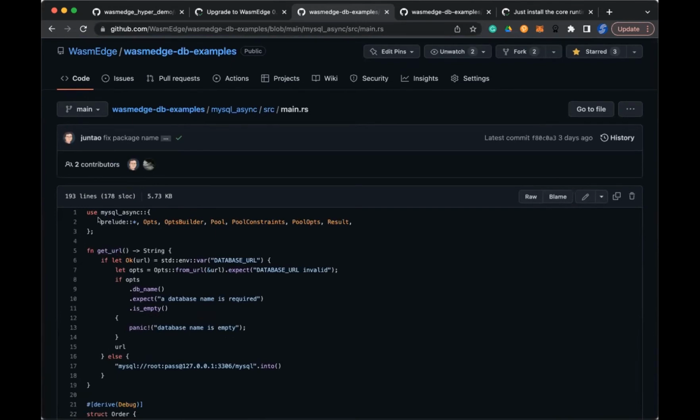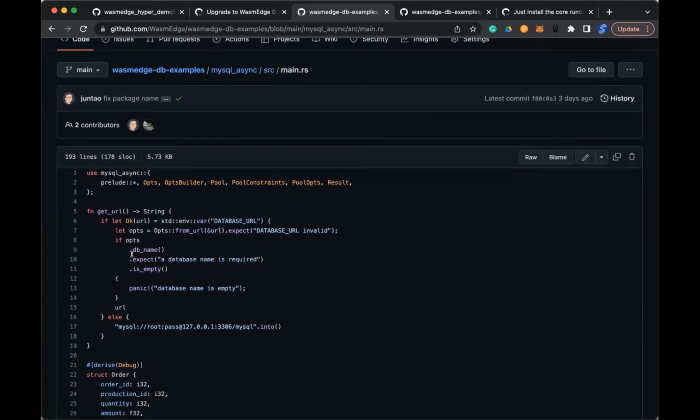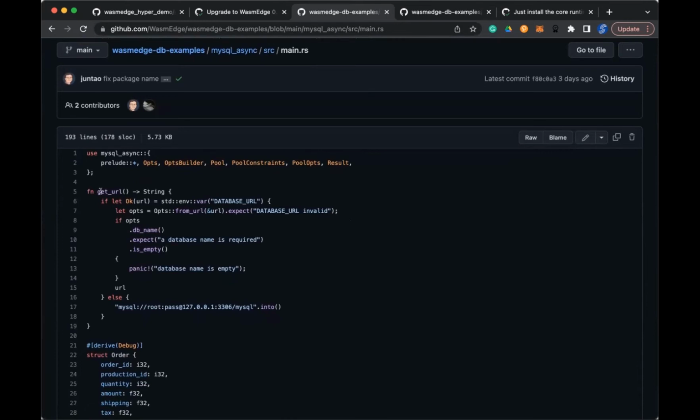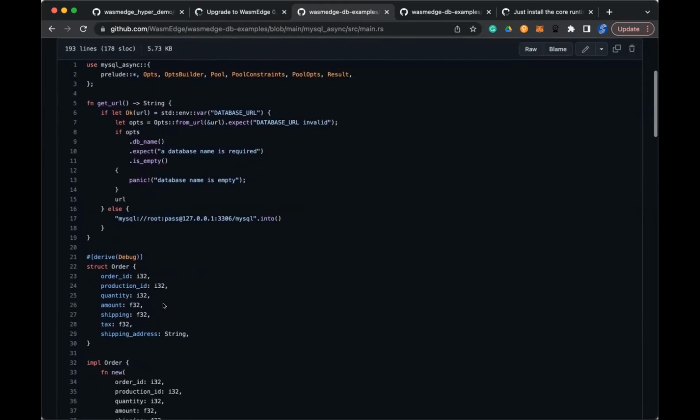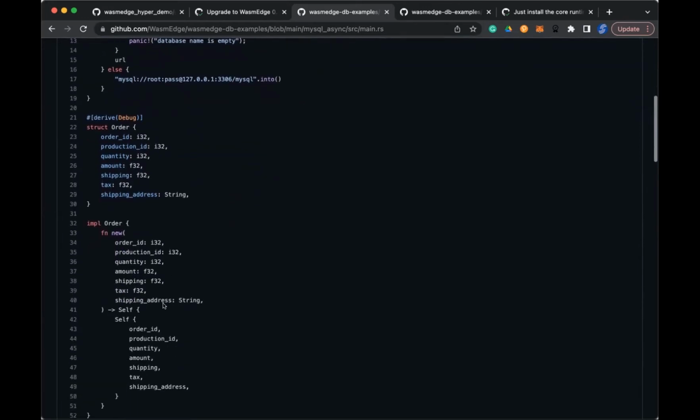So you import MySQL async. It's exactly the same way you would use the regular MySQL async library, and you define a function that gives it the database string. Although we're going to pass the database string in an environment variable, if it doesn't come, you have a default. And what's interesting really is that